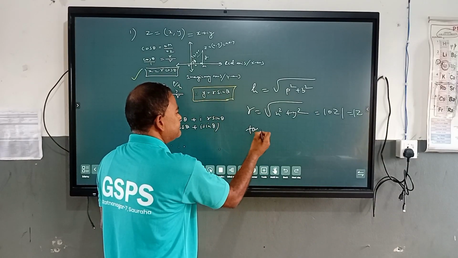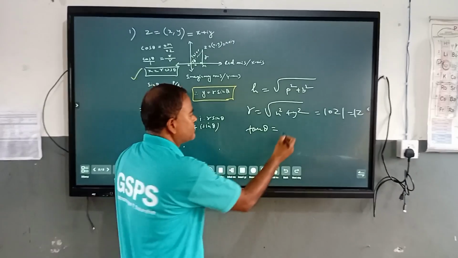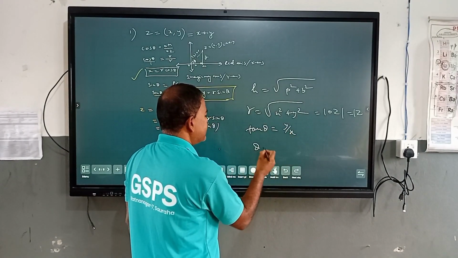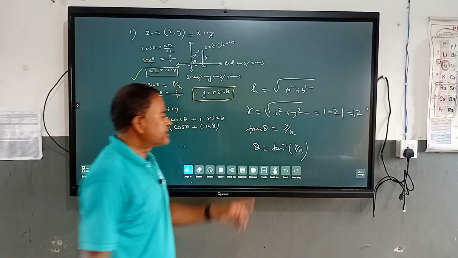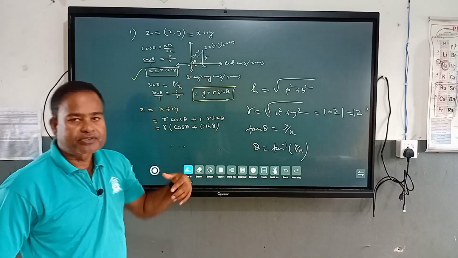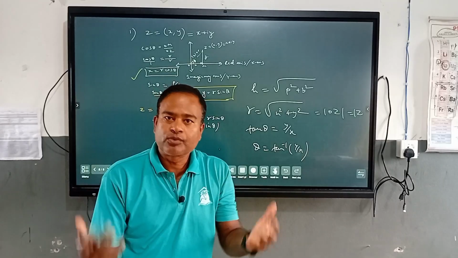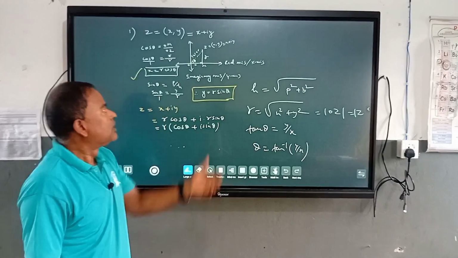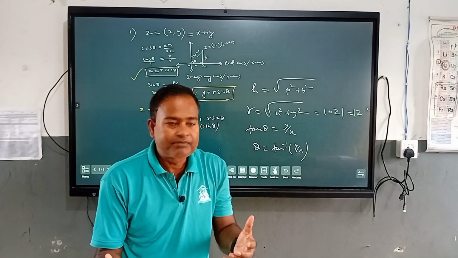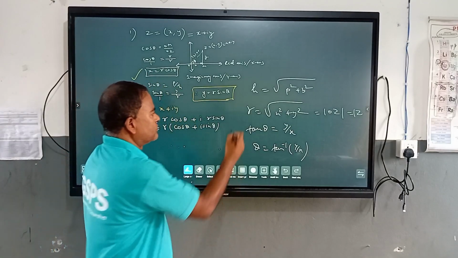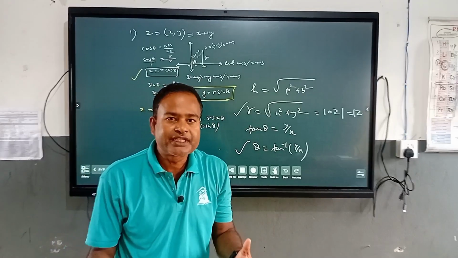And tan theta means p by b, tan theta means y by x, that means theta is equal to tan inverse y by x, which is known as the amplitude. Dear students, theta is known as the amplitude or argument of a complex number when it is expressed in the trigonometric form. So if we know r and theta, which are known as the polar coordinates,